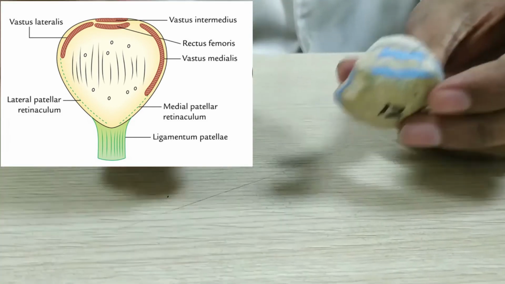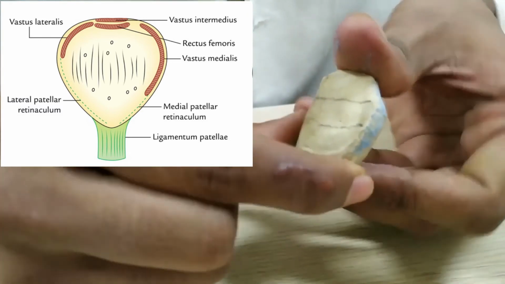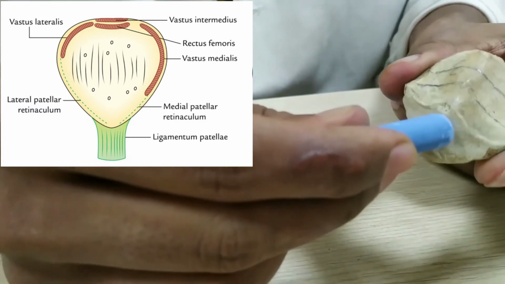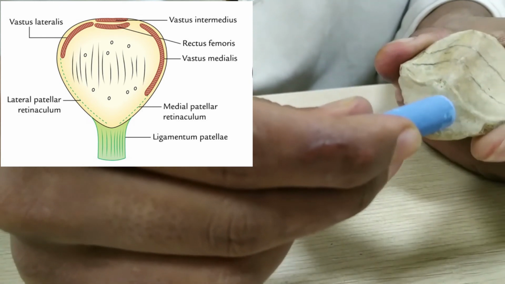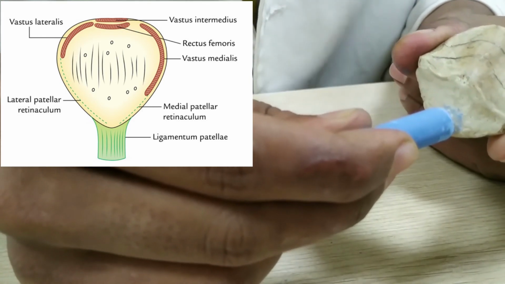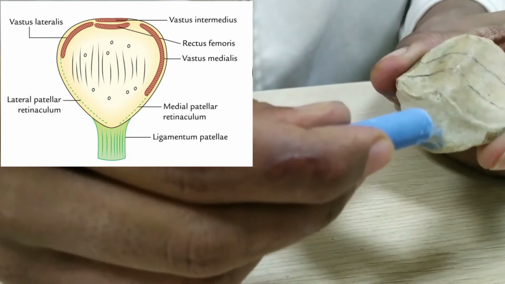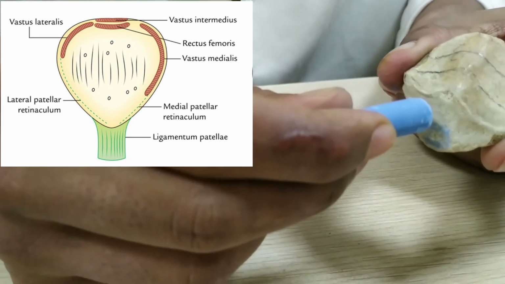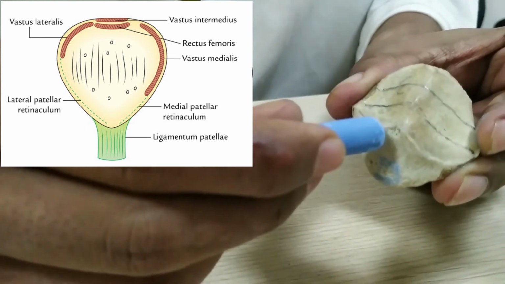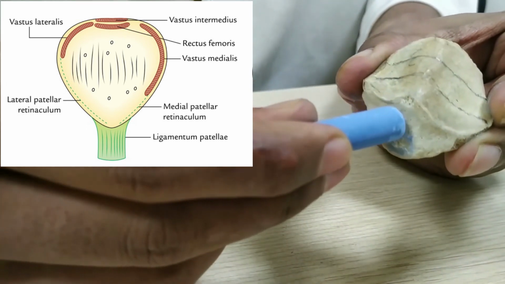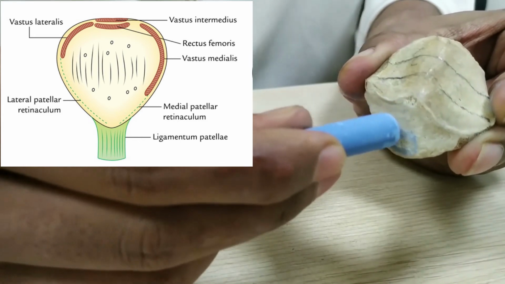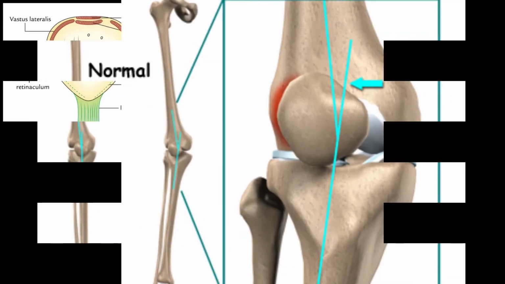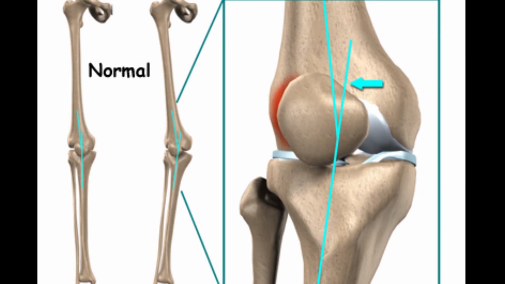Then the non-articular area of the posterior surface provides attachment of the ligamentum patellae. Somewhat here we have the attachment of the ligamentum patellae below, and it is related to the infrapatellar pad of fat above. Thus the quadriceps femoris muscle is inserted into the patella, from where the ligamentum patellae arises and ends into the tibial tuberosity of the tibia.